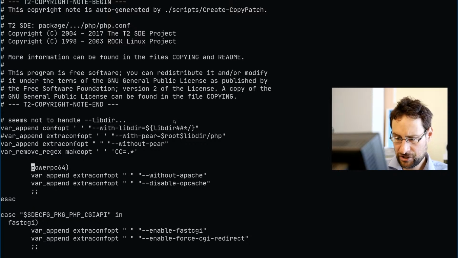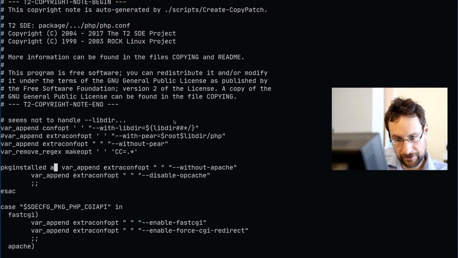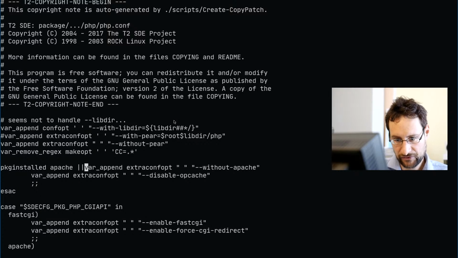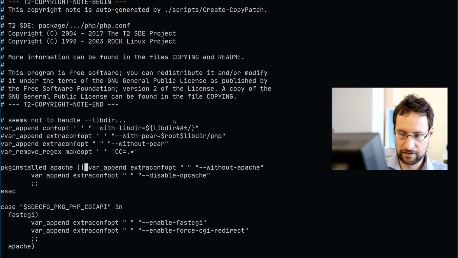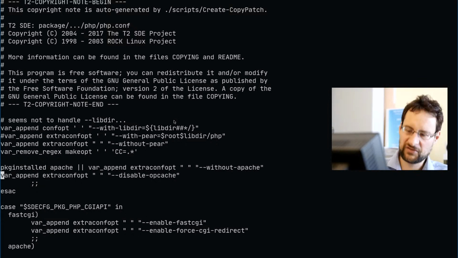So without Apache, I think we would want that in general, not like PowerPC. So that would be package installed Apache. I think we have this Apache. So then disable Apache. Of course, you don't hard code that on PowerPC. And the other thing is maybe this is also not PowerPC.